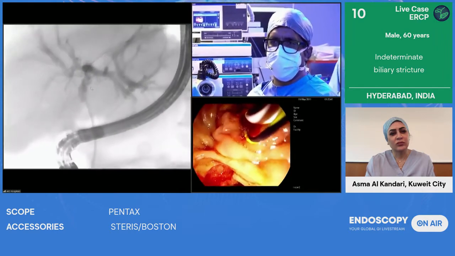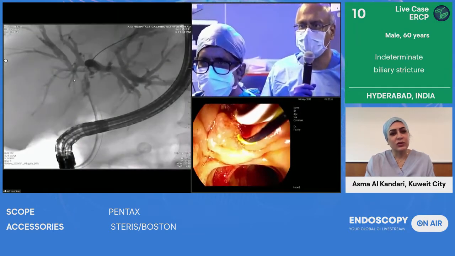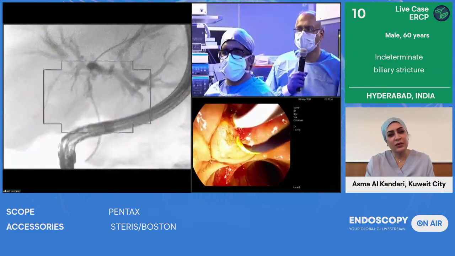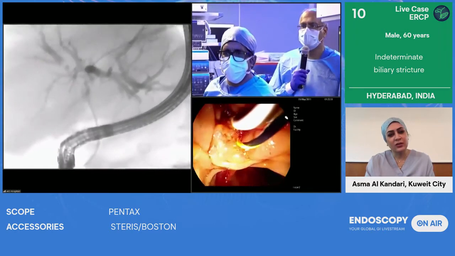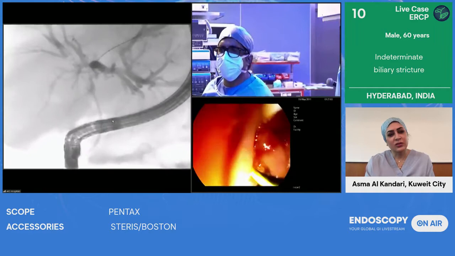Yeah, so what is your opinion, Asma? My feeling is that both the systems are filling up now, as you can see. Right, filling up. The posterior is the only segment we haven't filled. So I think in this case, I would even suggest that we just get a quick check of the cytology before we decide now.